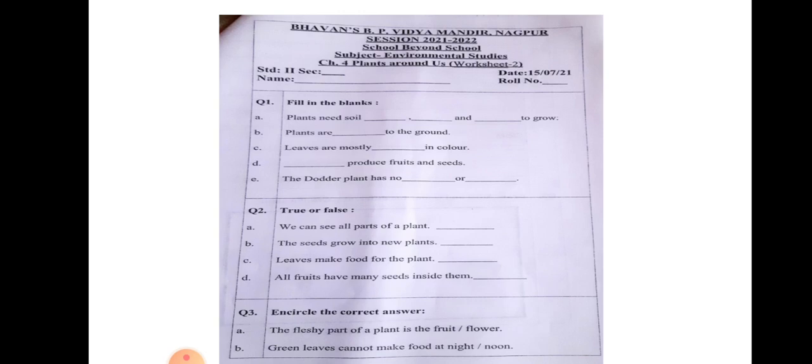Using water and sunlight. Now the dodder plant has no roots and leaves. Just imagine. Then how does it grow? It grows on other plants, and that is how it takes the food from them. Root नहीं है बेटा, so it cannot take the food and water from the soil. Leaves नहीं है, so it cannot make the food. So that is why, if it doesn't have the root and the leaf, it takes the food from another plant. वो दूसरे plant में grow करता है.